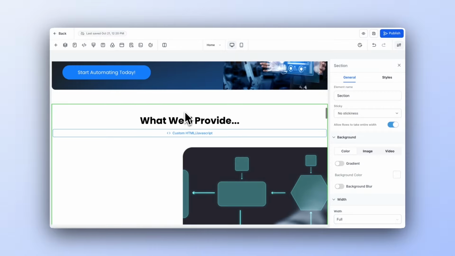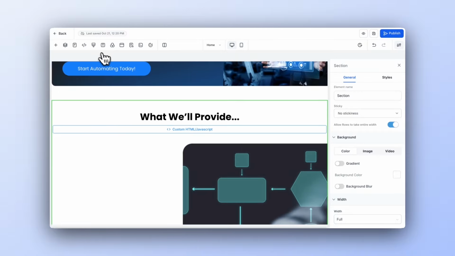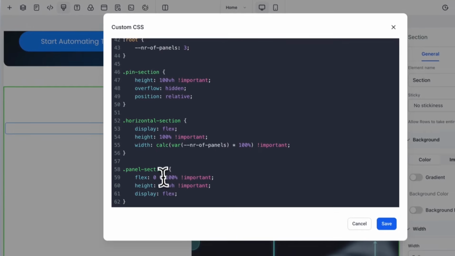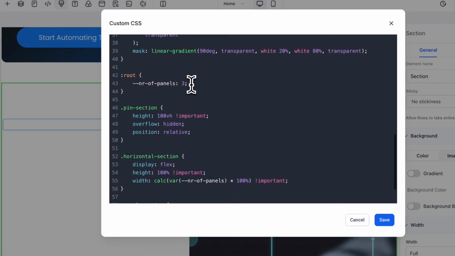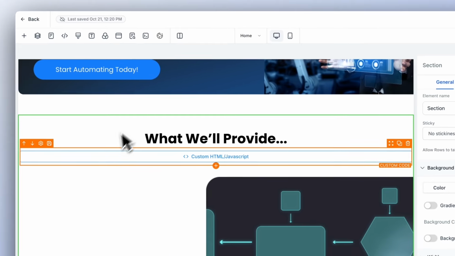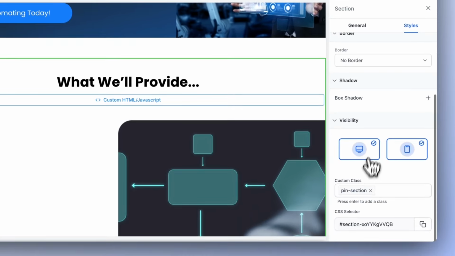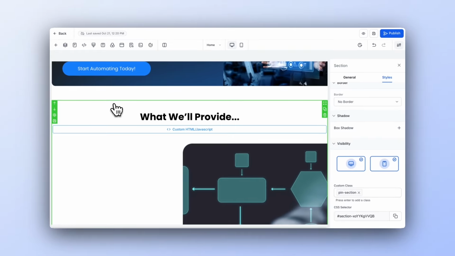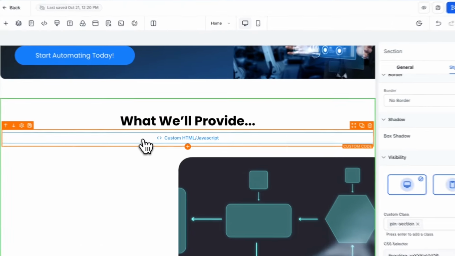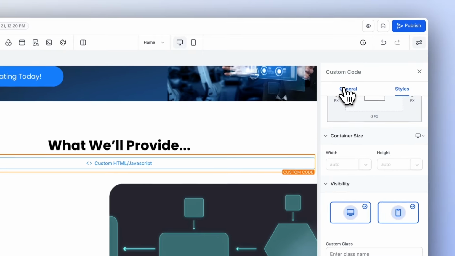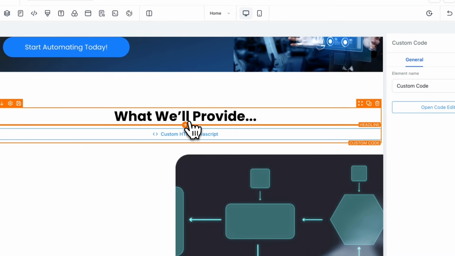So as you can see, I updated the layout. First things first, I added the CSS in here. As you can see, number of panels 3, because we had 3 sections that we want to display. We saved that. Then I added the class pin section to this section. I added the text here, the headline, then a custom JavaScript element which contains the actual code from the tutorial